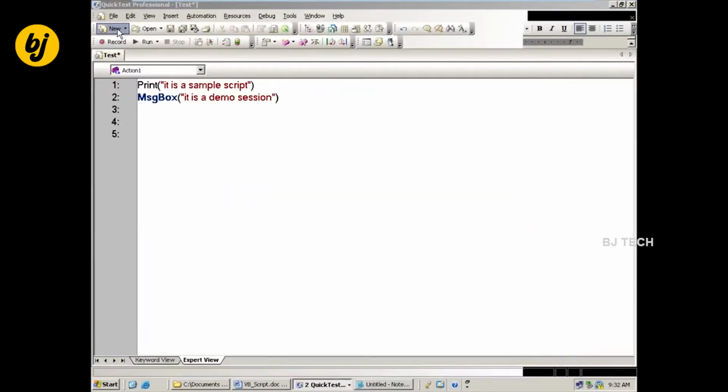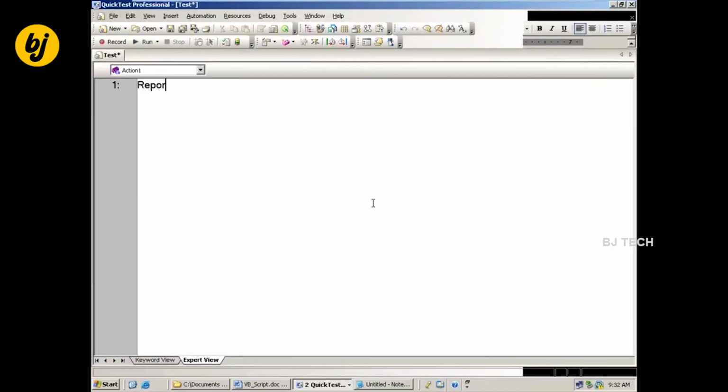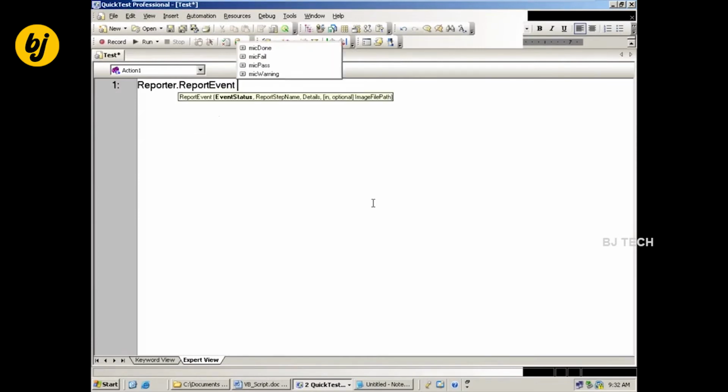Now the syntax here: Reporter dot report event, MIC pass, demo step.